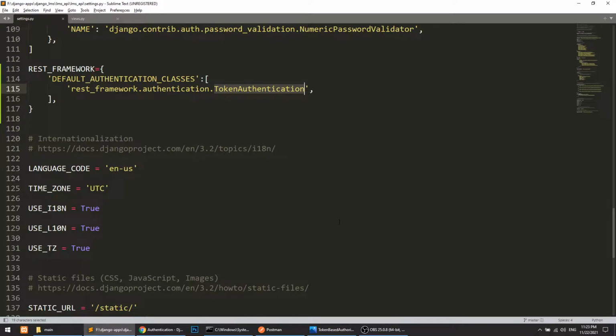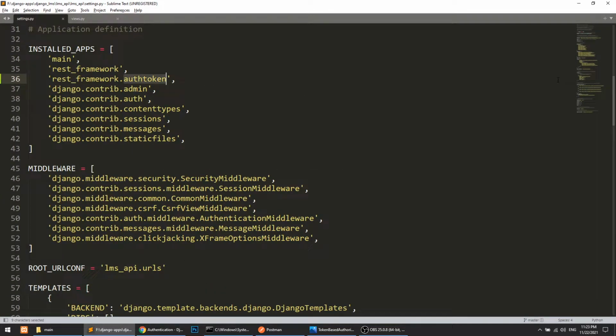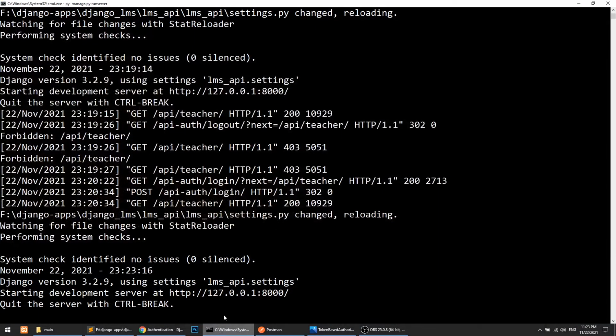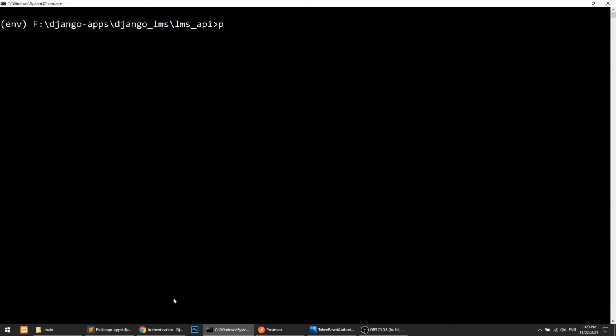In the second step we need to create the token. Before creating the token we need to migrate the table. Whenever you add this REST framework token, you have to run the migration. So let's run the migration: py manage.py migrate.